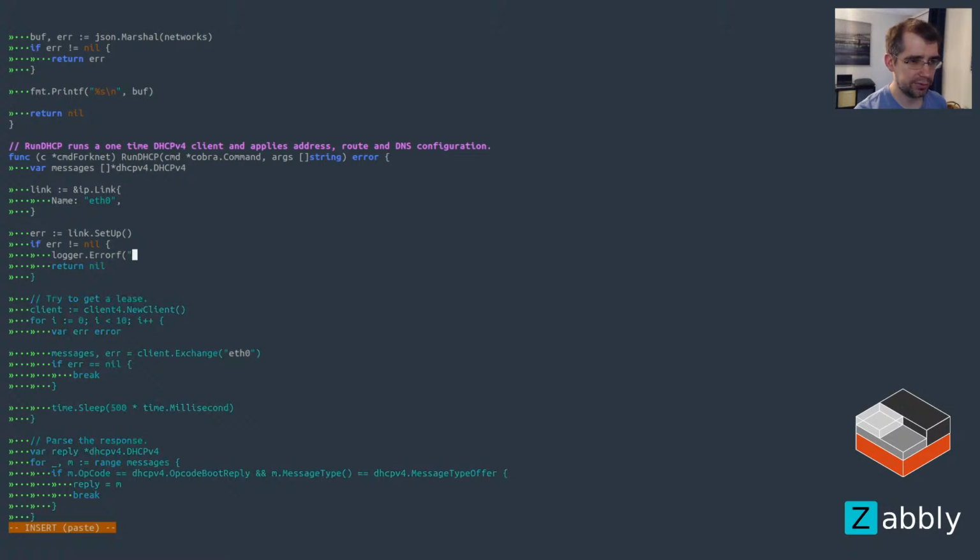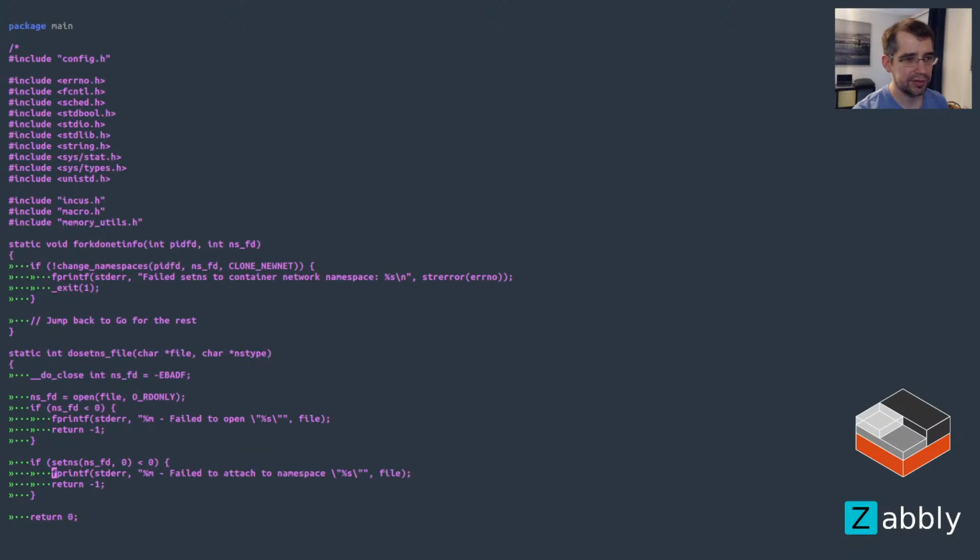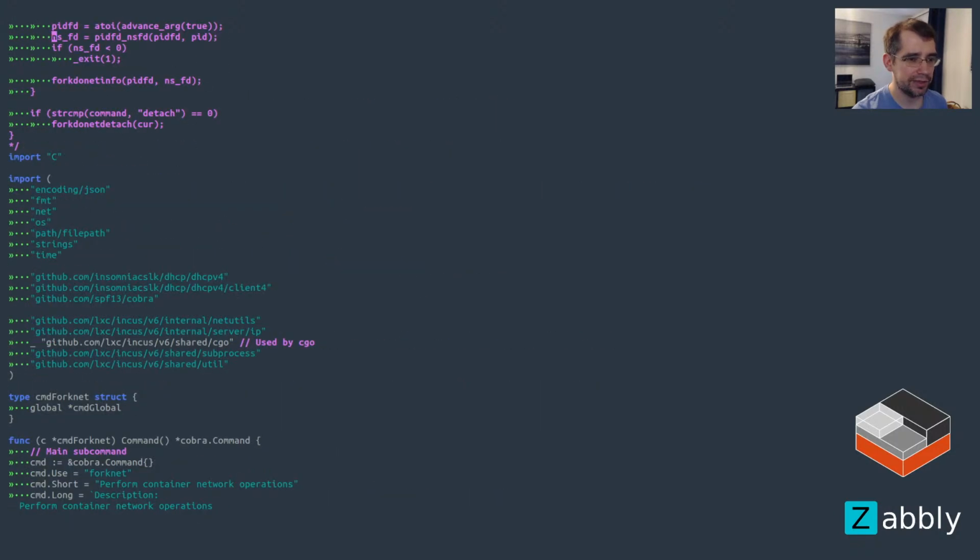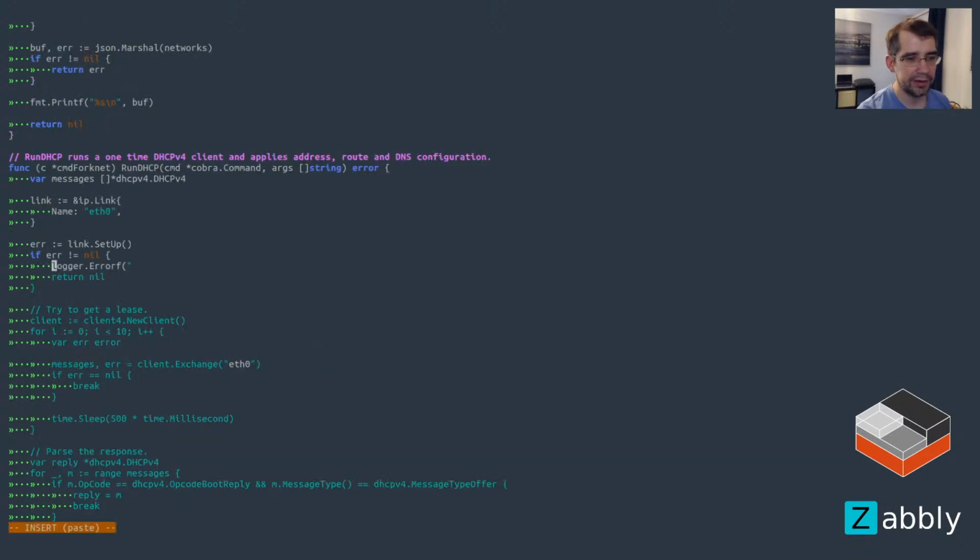So we can use the logger. It's kind of pointless using the logger, to be fair, because at this stage we don't really have. Yeah, never mind, I'm not going to do it. I was going to say use the logger because that's what we do for everything, but this is called from a hook, so there's no logging in place. So we should probably just do it the old-fashioned way. So let's do an fprintf to stderr and just say giving up